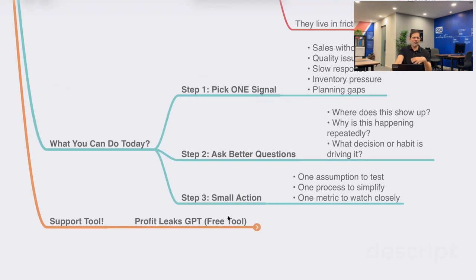So, for example, you can use ChatGPT with simple prompts with your own numbers, to the best extent possible, that you can extract from your own business. Simple prompts to lead you to very meaningful decisions and actions on improving the profitability of your business. So